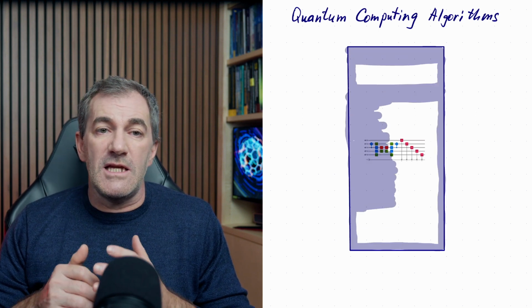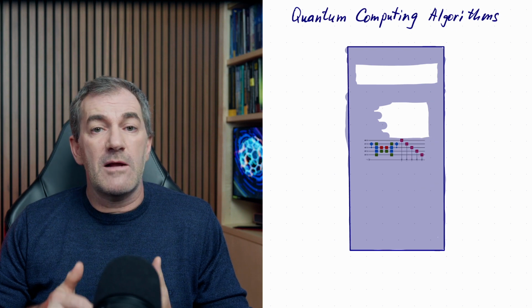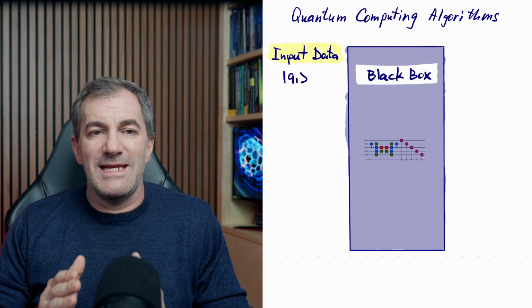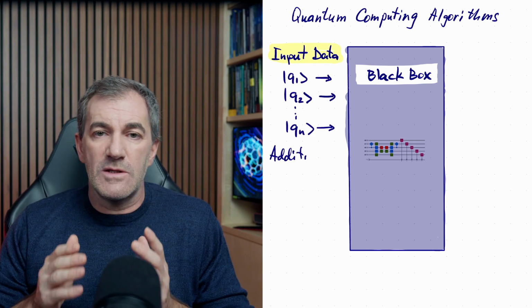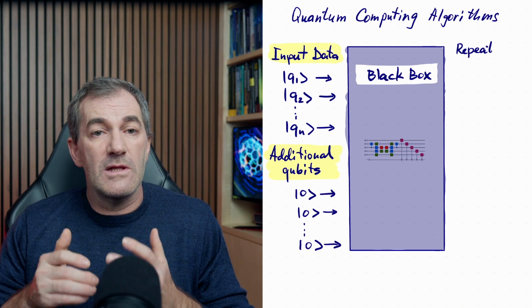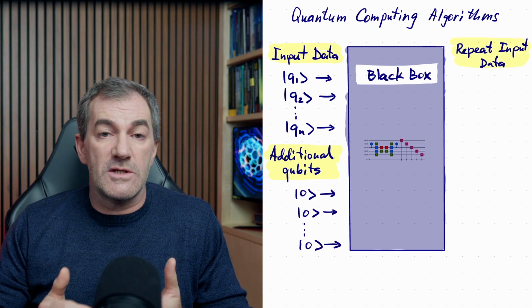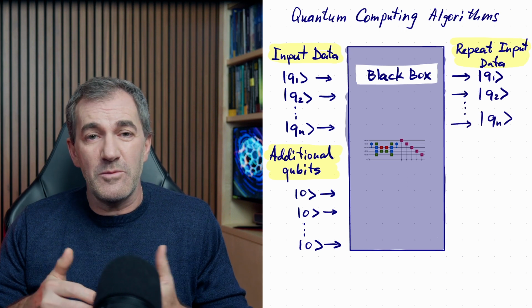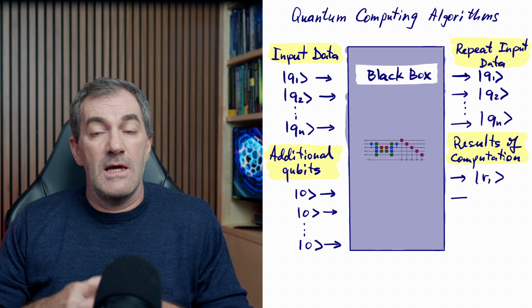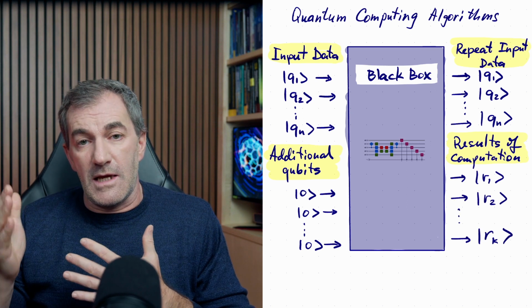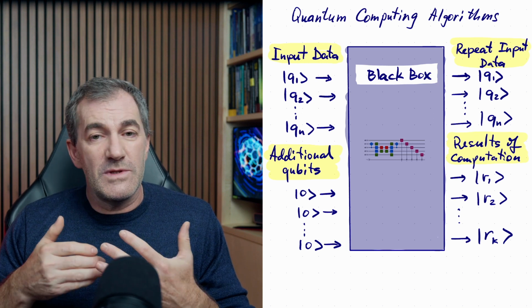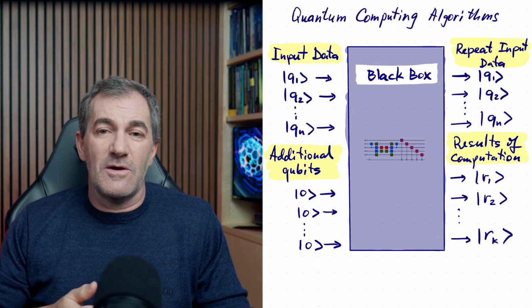Qubits representing the input data are fed into that black box function. We can precisely initialize these qubits, entangle them, and place them in superposition to appropriately encode the input data. The function will also need some registers or qubits, given that we're dealing with quantum computers, for data processing and performing calculations. Now, what do we need at the output? At the output, let's repeat all the input data and add the results of the calculations.